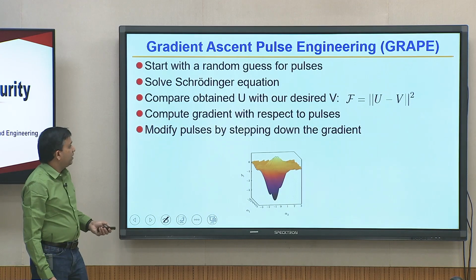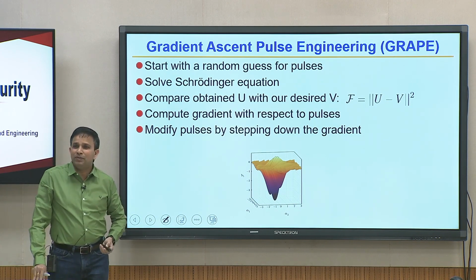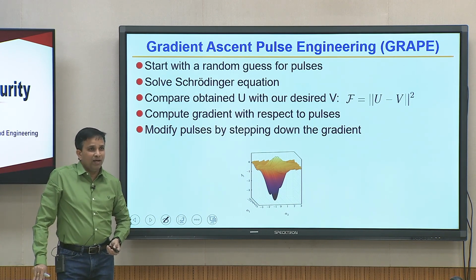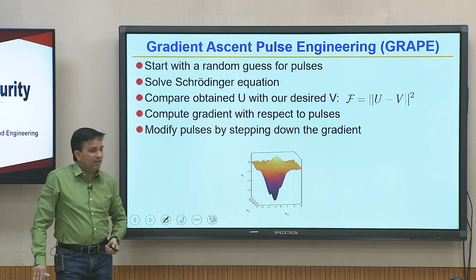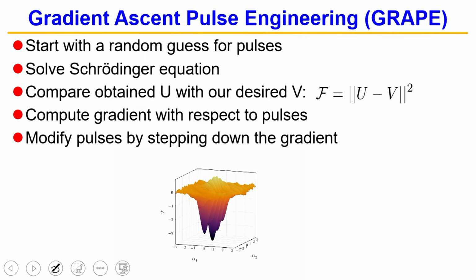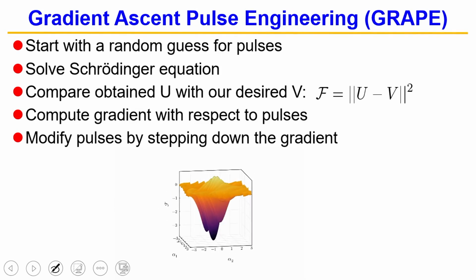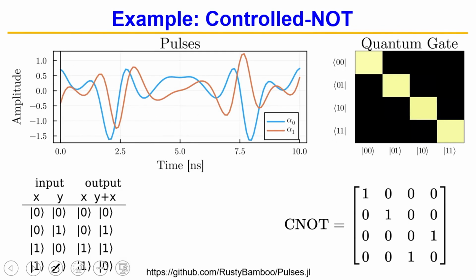Okay, so basically to generate the pulses, I know I want to initialize a qubit to something. How do I make that happen? So basically the algorithm called GRAPE computes that if I start with a random electrical pulse, what happens? Of course, in a simulation model, what happens, and then it tries to minimize that cost function. Think of machine learning again, minimize that cost function, and wherever it is minimized, that is the pulse it produces. I am going to show you an exact animation.